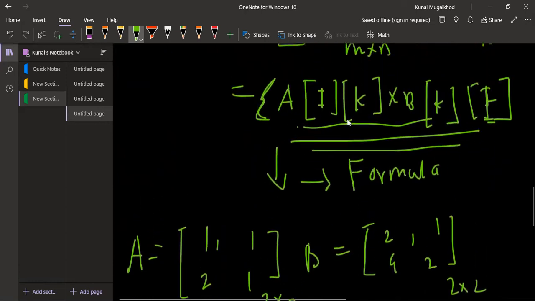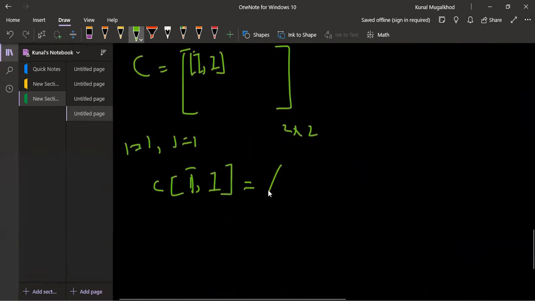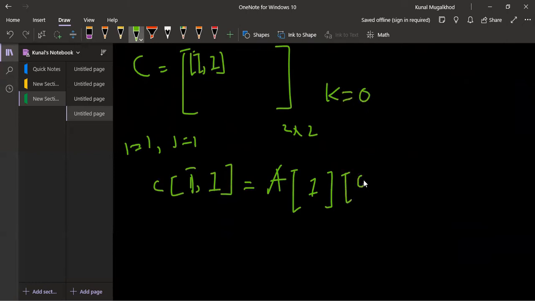We will use this particular formula. So a of 1, okay, a of 1, and here we will declare k equal to 0, or k equal to 1 for simplicity. In Python, when we do this, we will use the list data structure, and list indexing starts from 0.